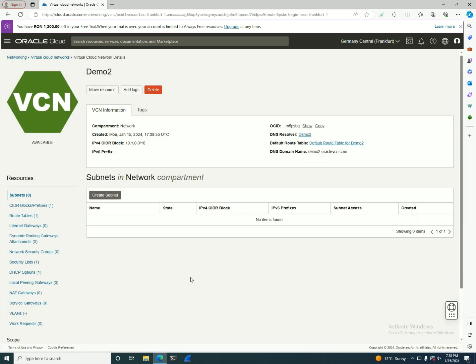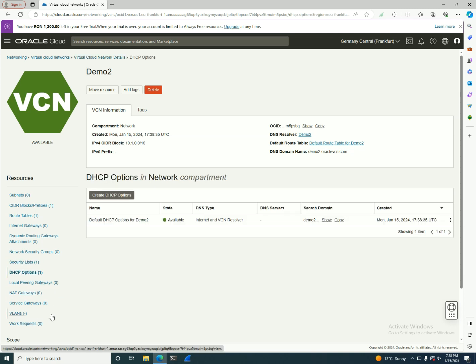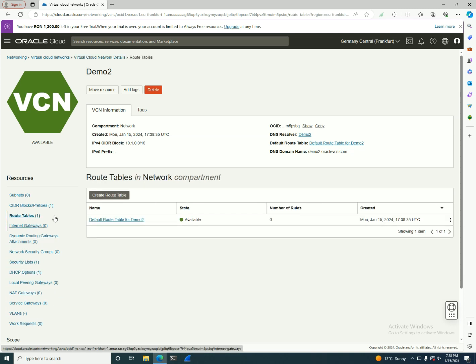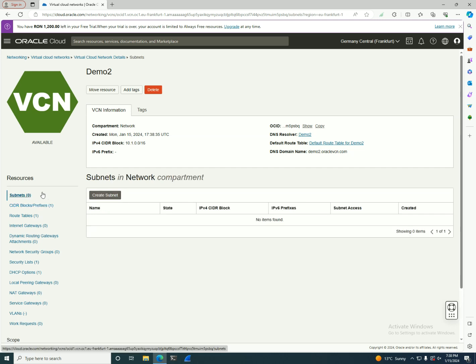Okay, so this one was almost instant. As you can see here, the only things that were created are the basic ones: security list, DHCP options, route tables, and CIDR block prefixes. Now if I want to continue using this one, I need to create the subnets, the routing tables, the internet gateway, NAT gateway, and so on. So let's talk a little bit about